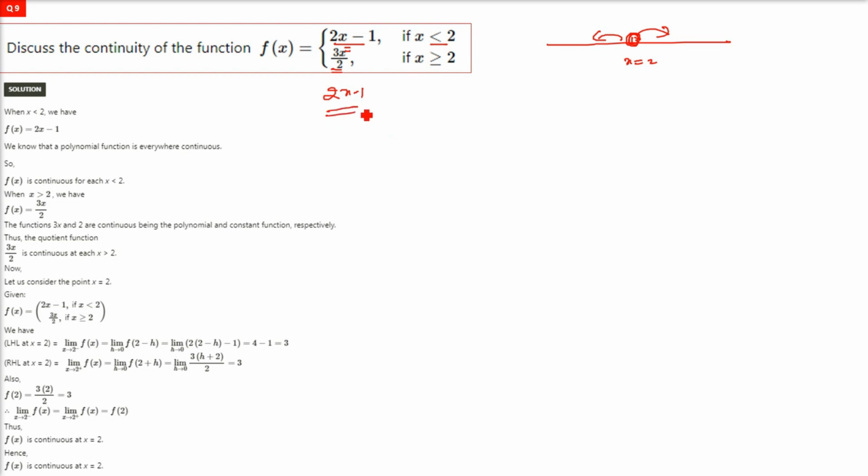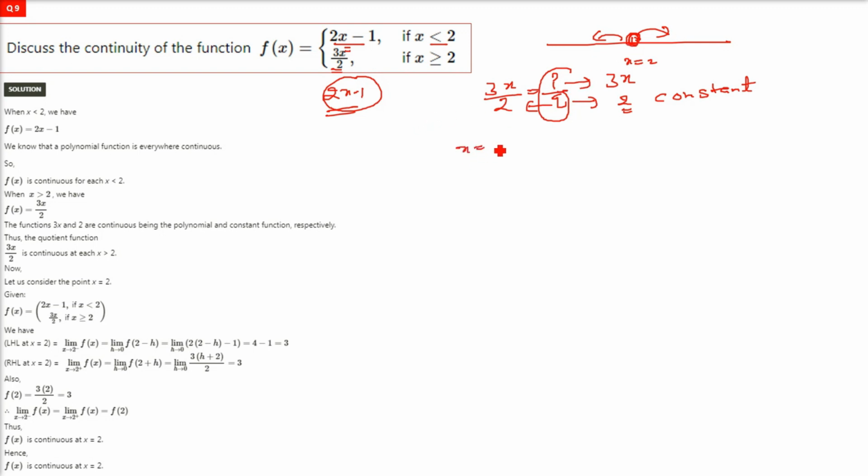So this 2x minus 1 is a polynomial function, and we know already that a polynomial function is continuous everywhere. Coming to the right hand side, that is 3x by 2, this is p by q form. P is 3x, which is also a polynomial function, and 2 is a constant, which is also continuous. So the functions 3x and 2 are continuous because they are polynomial and constant functions, right? So the quotient function, the p by q form, will also be continuous